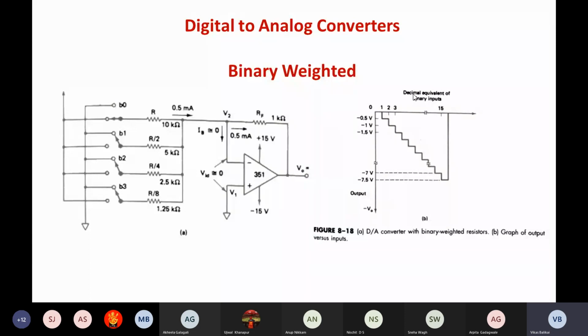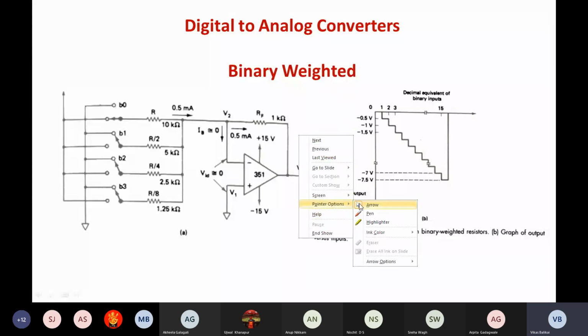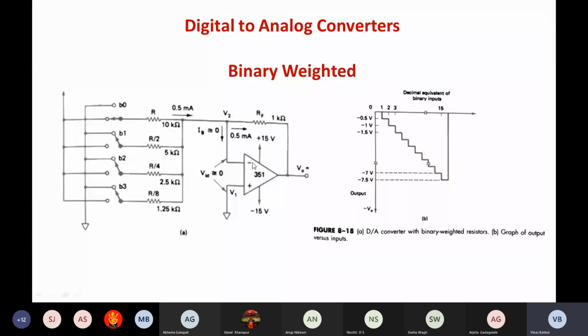In this circuit, the op-amp is connected in the inverting mode. It can also be converted to the non-inverting mode. The only difference is that in the inverting mode, I'm going to get a negative output voltage. If I convert the inputs to positive, I'll get the output with the same polarity as the input, that is positive. On top of that, the gain also varies. If I connect it to negative, the gain will be minus RF by R1.